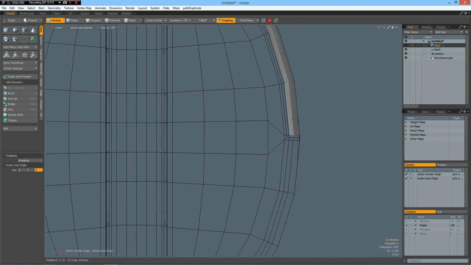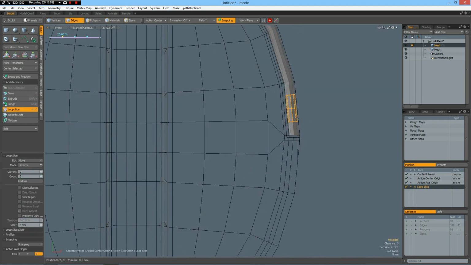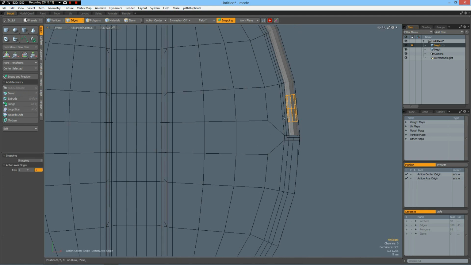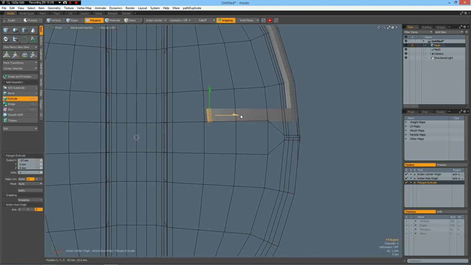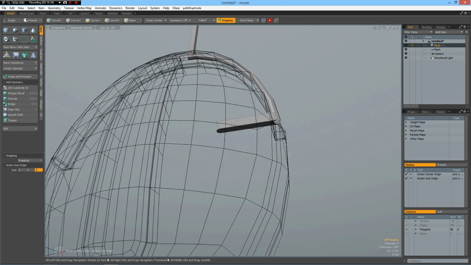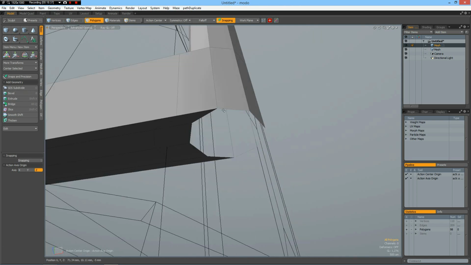Do the same here. Alt C and delete the bottom one and Shift X this here, delete, and we need and must close the bottom here, so